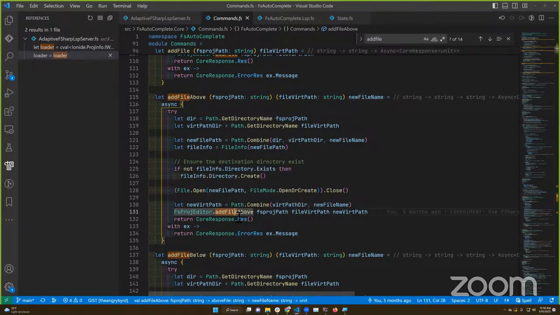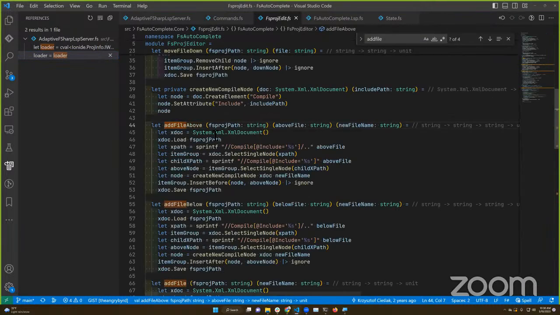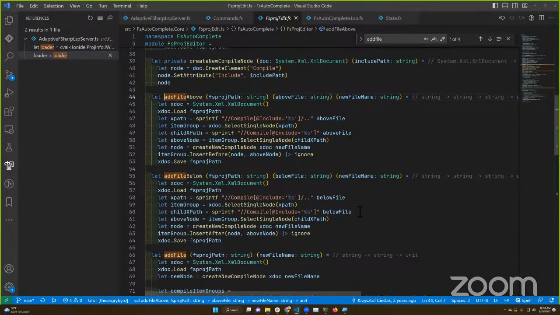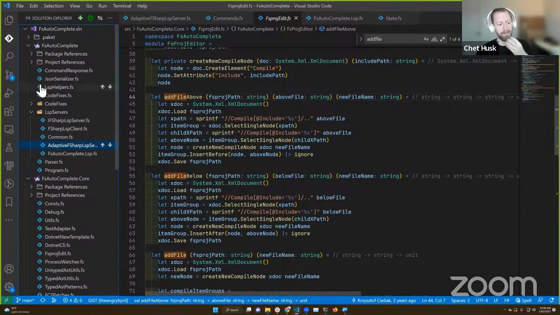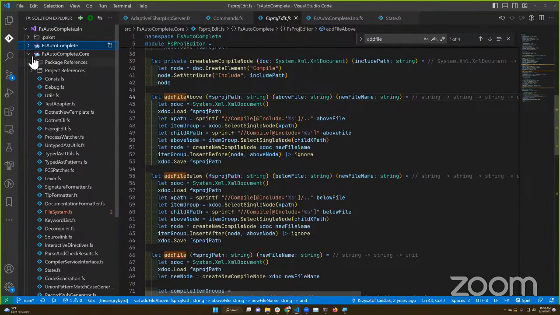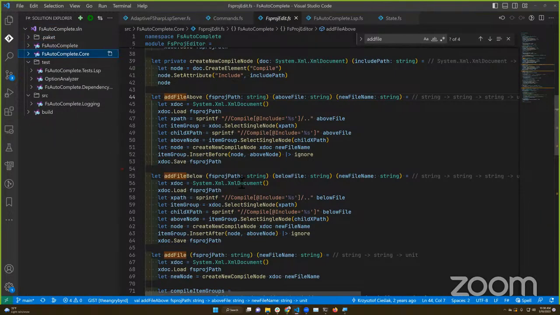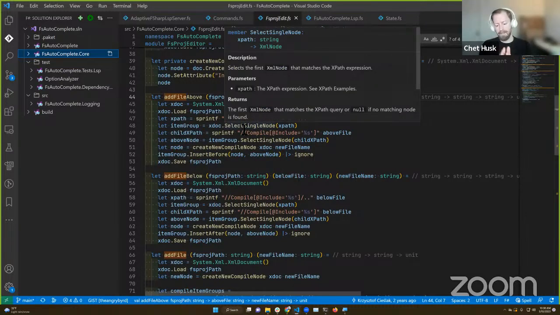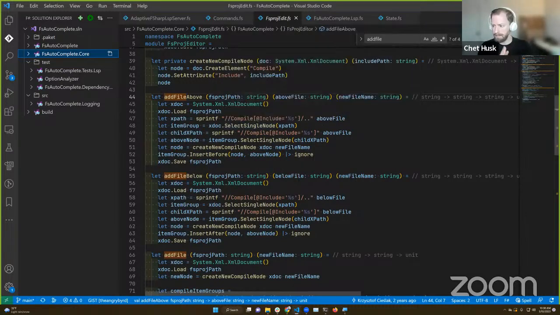So if I understand correctly, then Ionide is more responsible for this left-hand side, the Solution Explorer, whereas all the information, like when you hover a specific type or variable on the right-hand side in the code, this is actually FSAutocomplete. Is that correct? That's exactly right. Yeah. And sometimes finding the distinction between those things can be a little ambiguous.